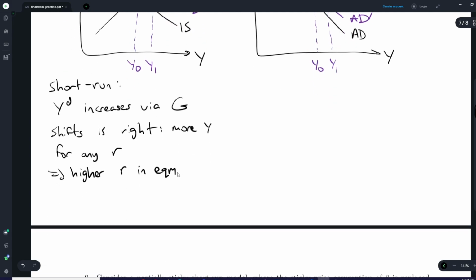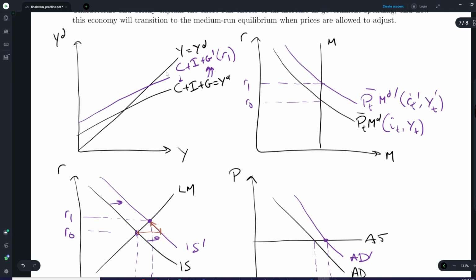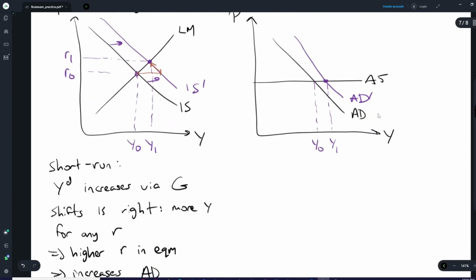It increases aggregate demand and also increases money demand. And that's what we've shown, right? We start in the goods market, we Y0, Y1, we've increased the IS curve, we've increased money demand, we've shifted the aggregate demand curve. Now in the medium run,